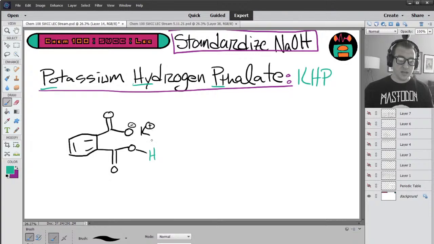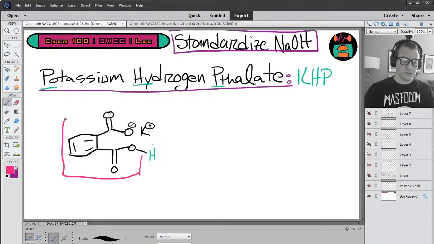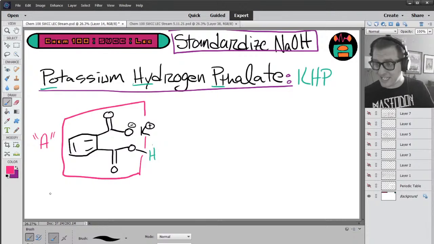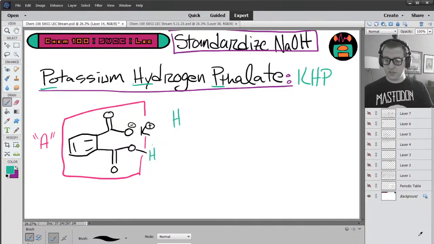You can look at the rest of this molecule as just being A. So conceptually in your mind, KHP, this is what it looks like. You're not going to get tested on it. Don't worry. But it is literally just HA,